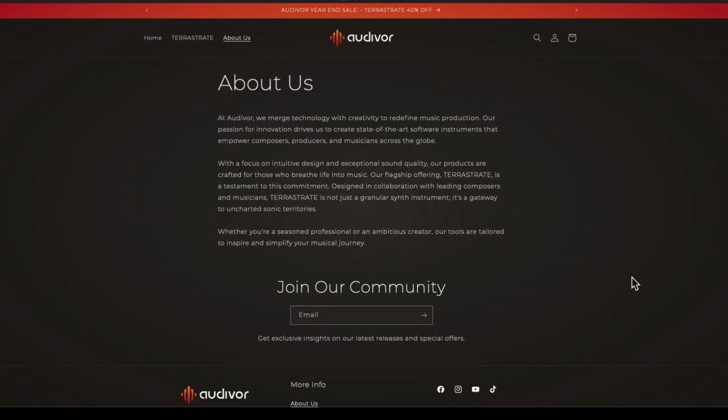Audivor, we emerge technology with creativity to redefine music production. Our passion for innovation drives us to create state-of-the-art software instruments that empower composers, producers, and musicians across the globe. With a focus on intuitive design and exceptional sound quality, our products are crafted for those who breathe life into music. Our flagship offering, TERRASTRATE, is a testament to this commitment. Designed in collaboration with leading composers and musicians, TERRASTRATE is not just a granular synth instrument, it's a gateway to